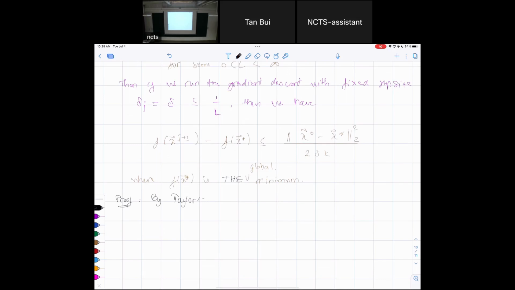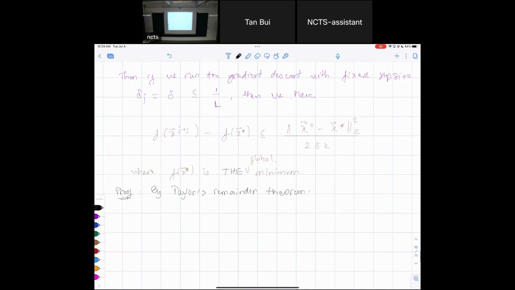By the Taylor remainder theorem, we have f evaluated at y is equal to f, expanding our function around x, plus the gradient of f at x dotted with y minus x, and then we have a second order term, which is 1/2 of y minus x transpose, times the Hessian of f